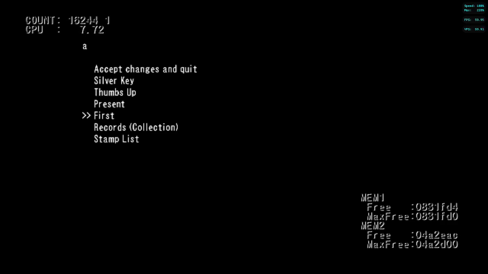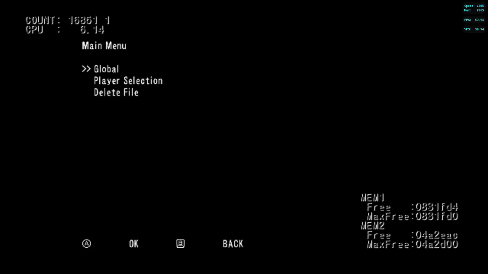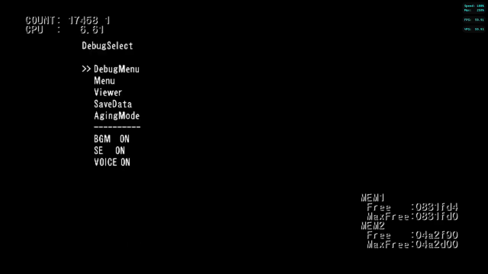So it shows that at this point they had sort of had the idea for this stamp dash in there and brewing, but it hadn't been implemented yet. So then you can obviously just completely wipe all the save data, which I'm actually going to do here because we want to have a clean slate